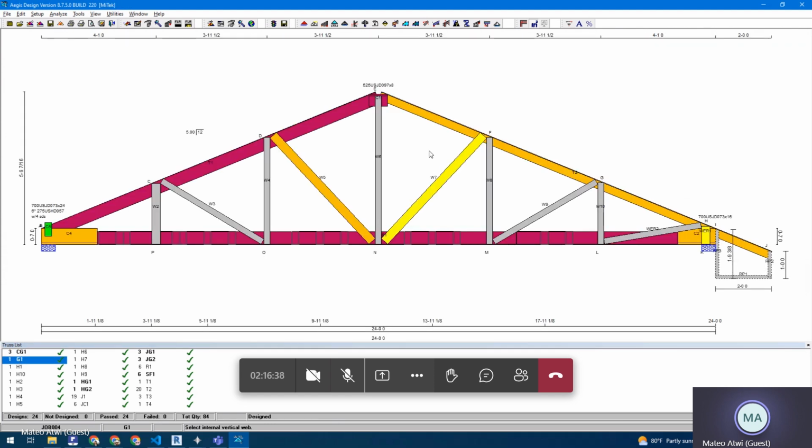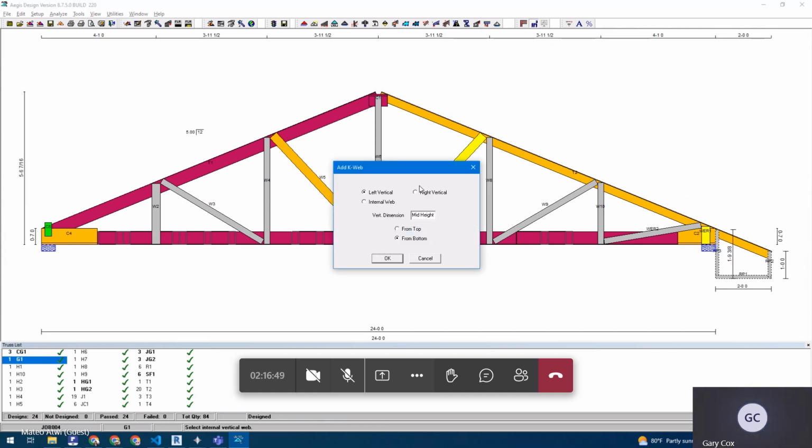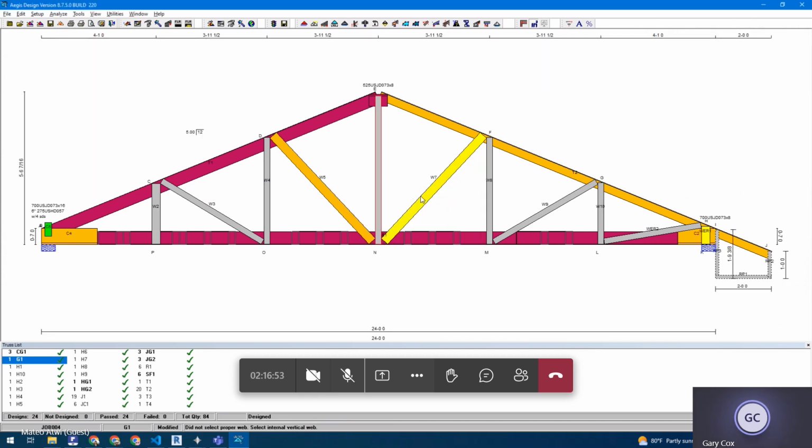So it's important to save a truss every time you make changes, correct? Yes. Analyze it, save it. And then that way you can always go back to it. So there's a lot of stuff that's got, you know,